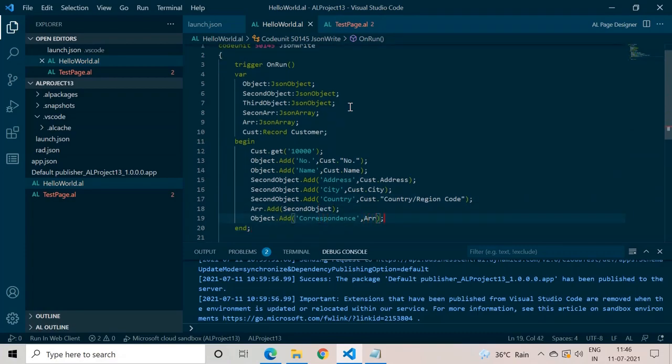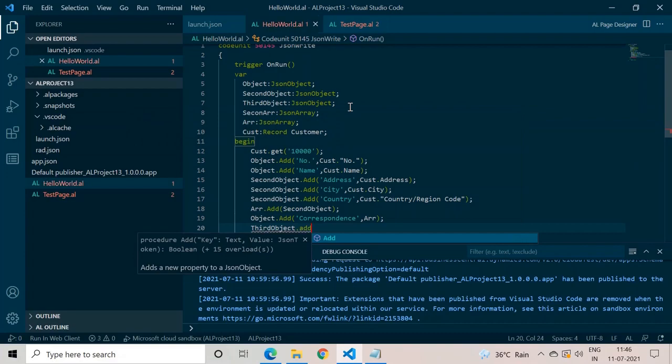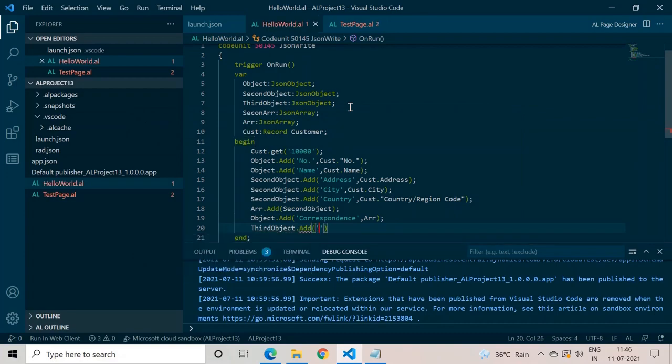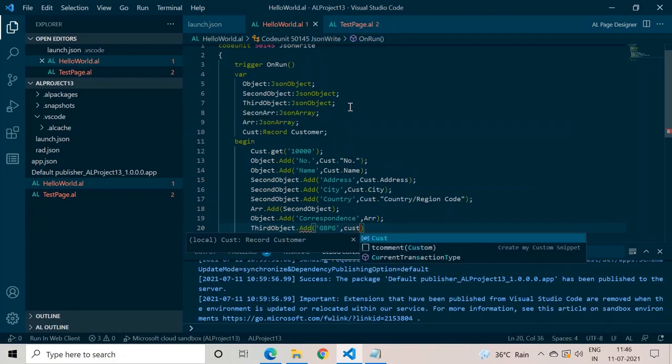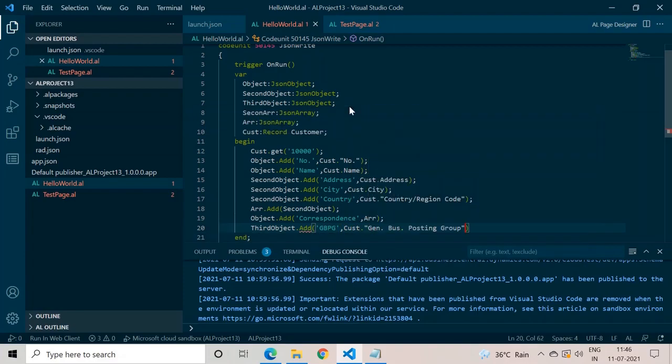Now write third object dot add, let's say general business posting group, and we have cust.general business posting group.